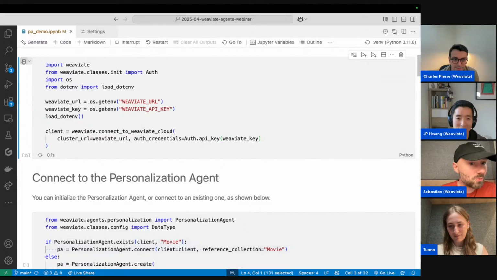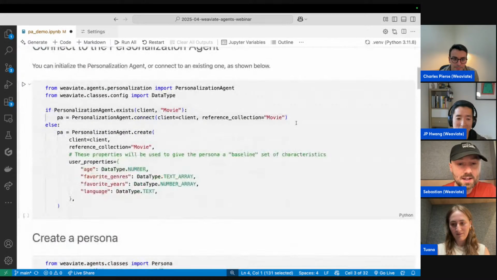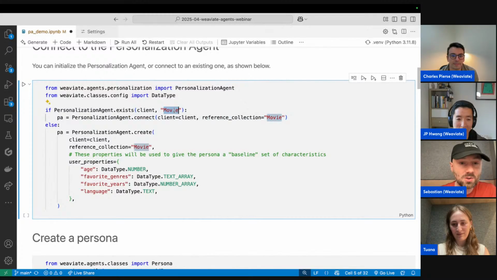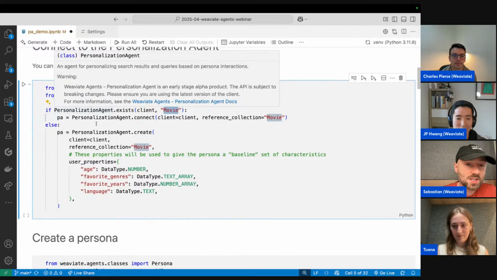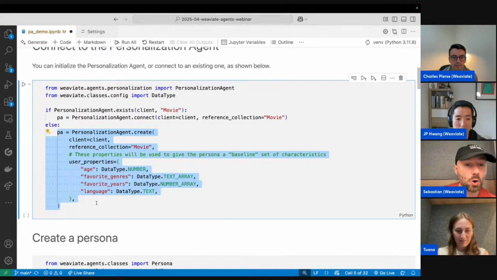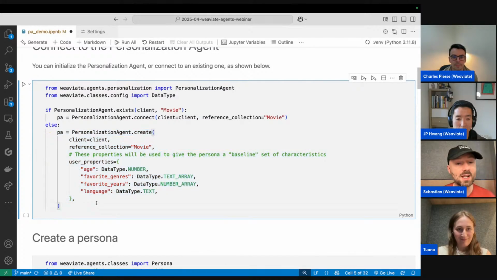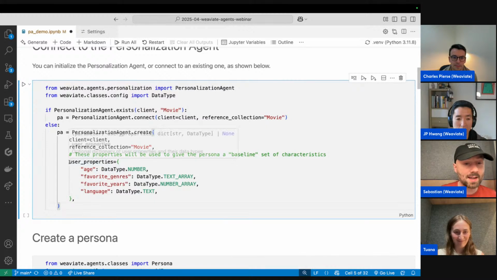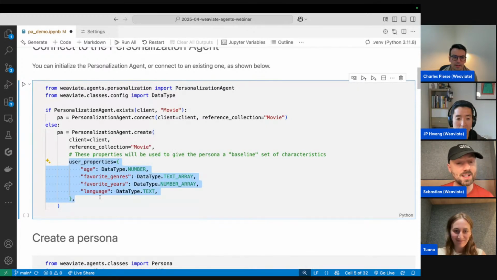So just like before, we're going to connect to a Weaviate Cloud instance where I have all my data. And in there, I have this collection called movie, so basically loads of movies. As one of the first steps, what we want to do is create a personalization agent. Normally with the personalization agent, we could say this agent is going to work on the movies collection, and we will also have additional information about each persona or each user.